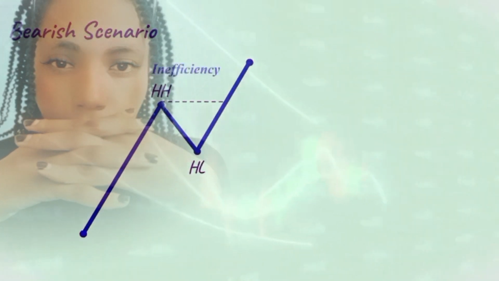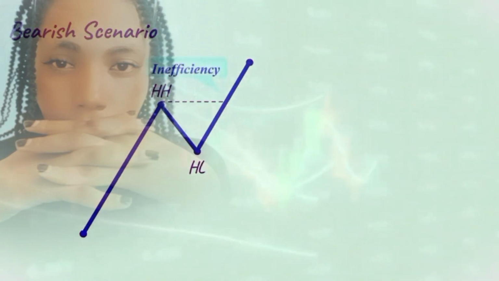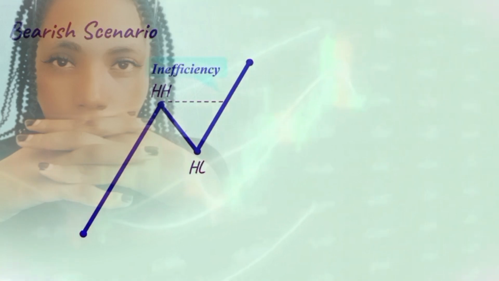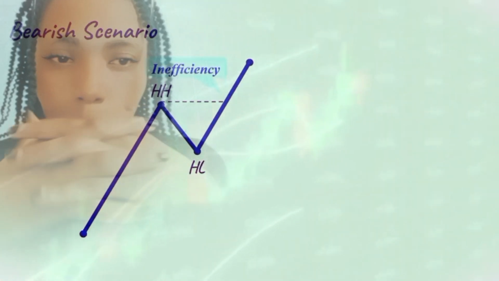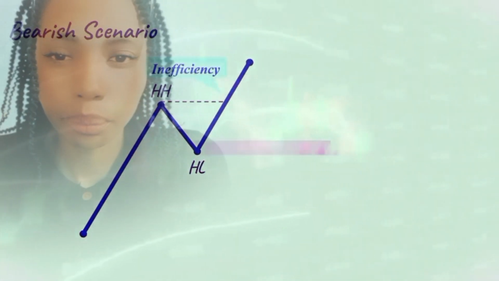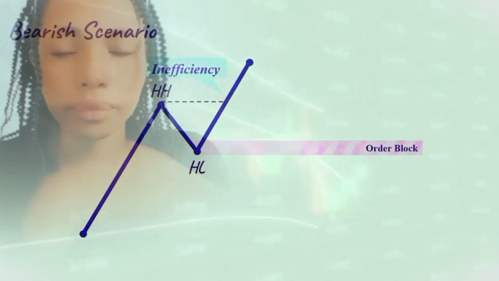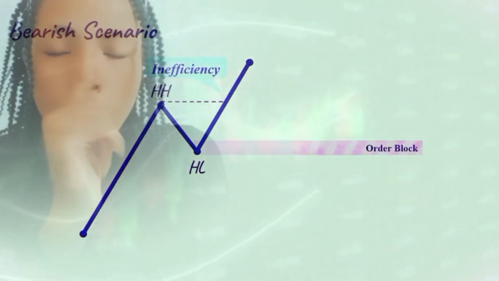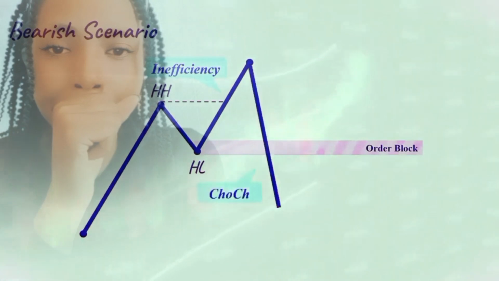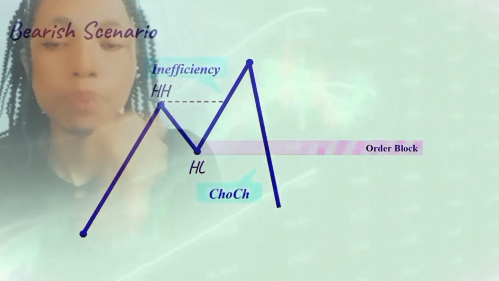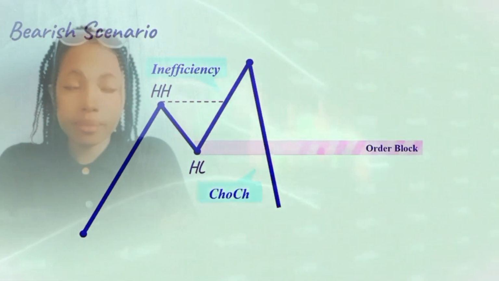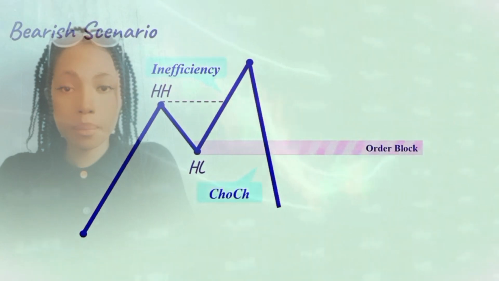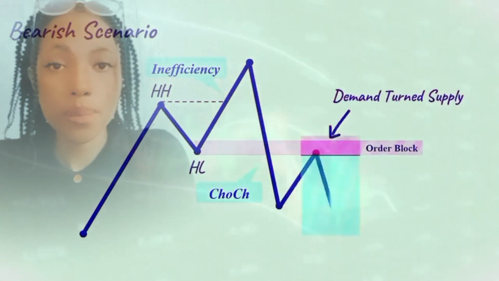So right here, this is what a bearish scenario might look like. We have a break of structure above this higher high with inefficiency. So this move creates a valid order block zone that can provide us with an opportunity to go long. However, the market makes a change of character caused by this aggressive move breaking below the previous low. As a result, the directional bias has changed to bearish and our demand level will turn into supply after this